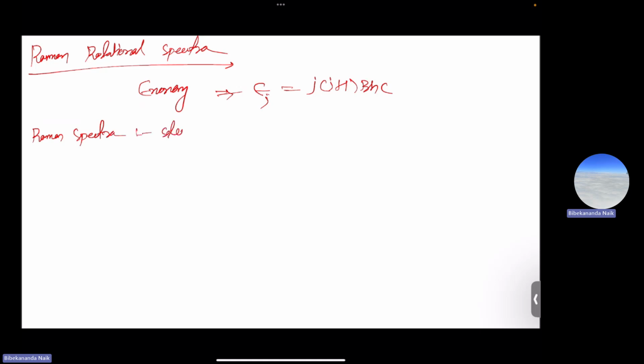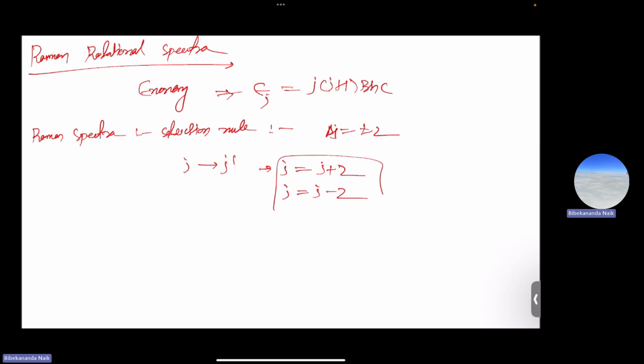The selection rule is delta J equals plus minus 2. So the transition occurs from J to J prime. So J prime will be J plus 2, or it will be J minus 2. Suppose the transition occurs from J to J prime, then what will be the change in wave number? So it will be